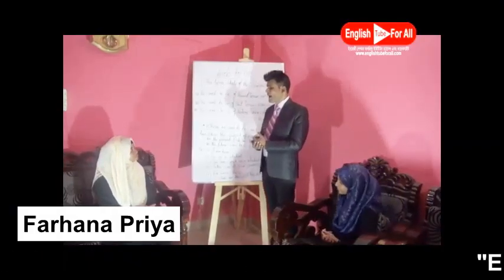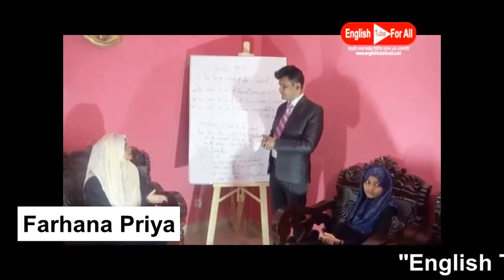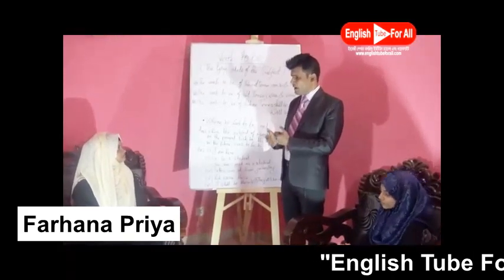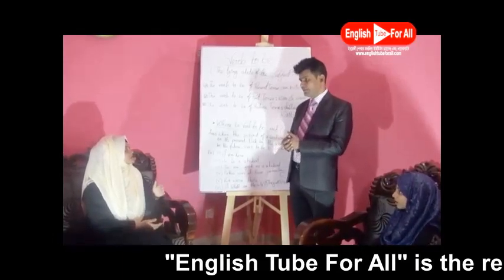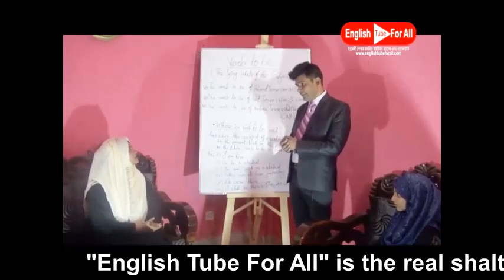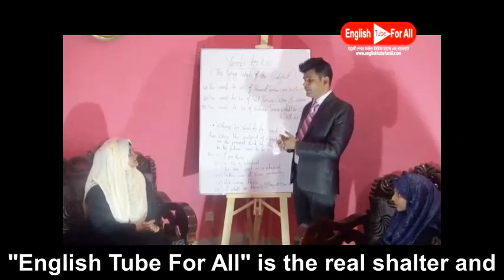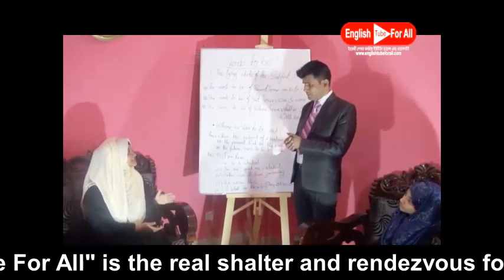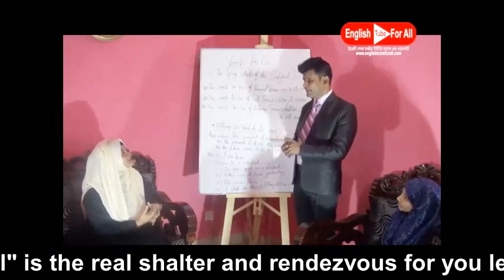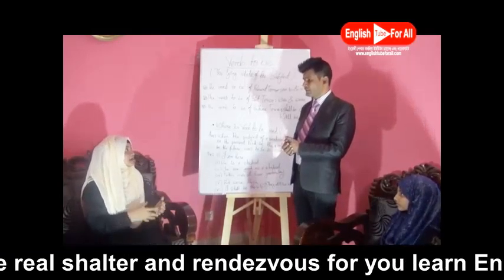Farhana, can you tell me why am is used? First person singular number. Can you give me only a single example? I'm here. Fantastic. Why is is used? Third person singular number. Can you give me two examples? He, she. They are the third person singular number. Can you give me the example in a sentence? She's here. He's there.